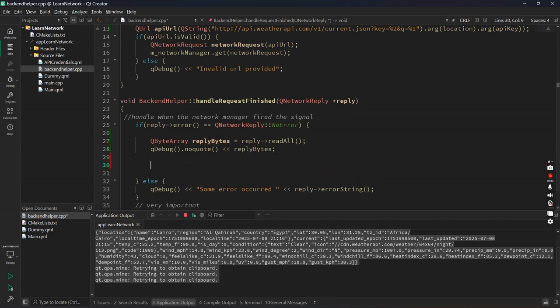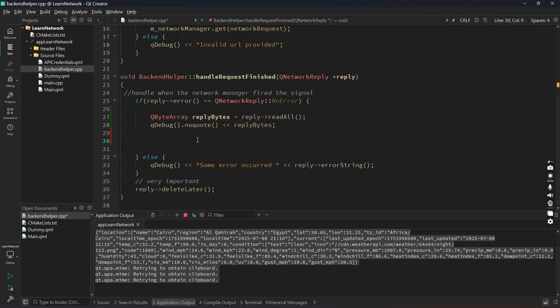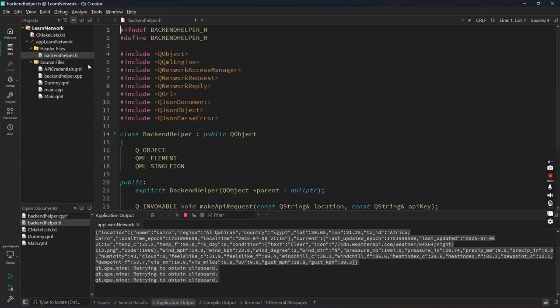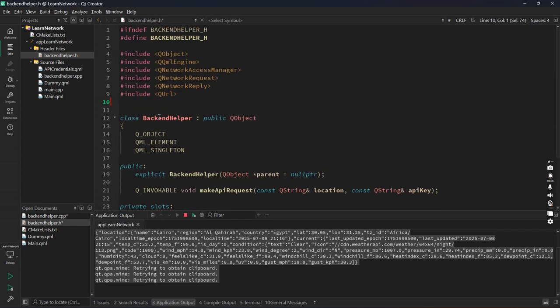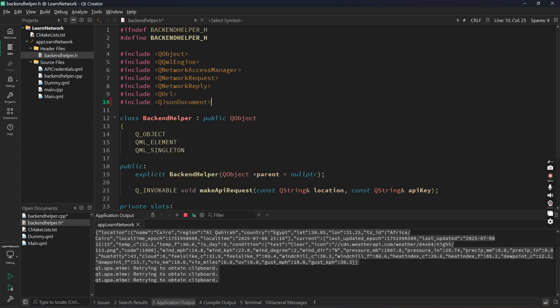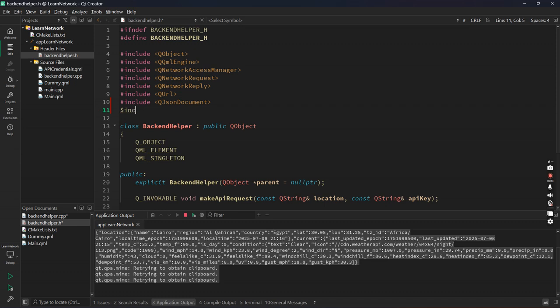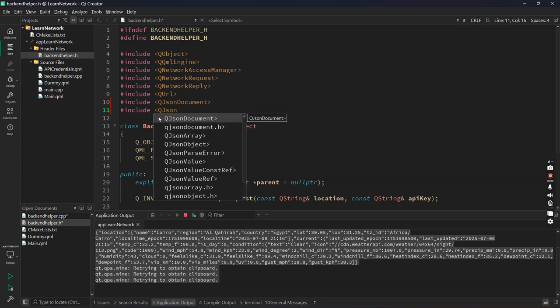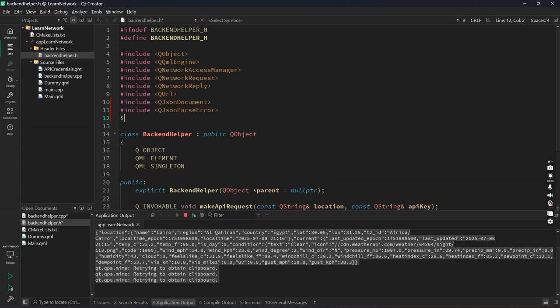Now let's try to proceed forward, and let's try to convert this byte array into JSON, so we can easily access the key values which we require in our file. So for that, let's go to the header file. Here we need three things, right? Here we need three things. We need #include QJsonDocument, #include QJsonParseError,